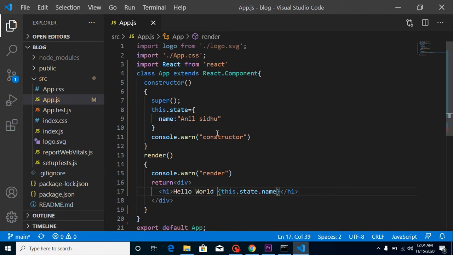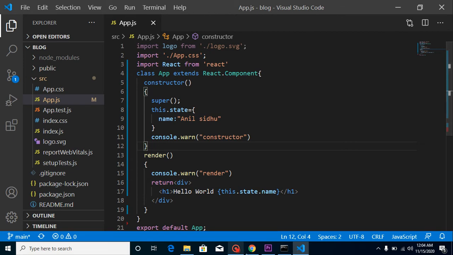So we can define state in the constructor, and we should not call APIs because API methods and other things will not be ready until our render is actually loaded. That's why we must call APIs inside componentDidMount, and we will learn about componentDidMount in the next video.